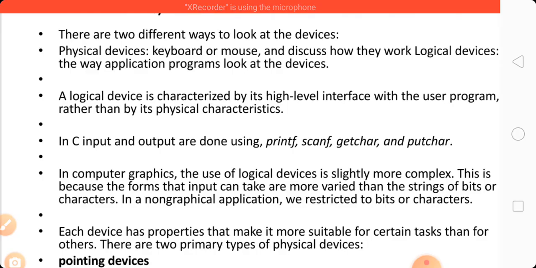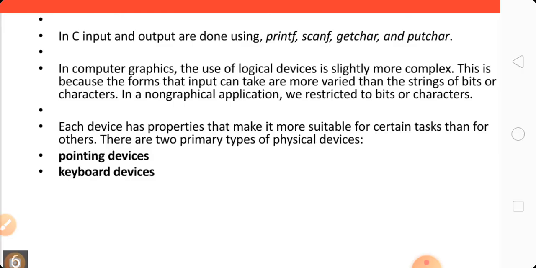In a non-graphical application, we are restricted to bits or characters. Each device has properties that make it more suitable for certain tasks than others. There are two primary types of physical devices: pointing devices and keyboard devices.